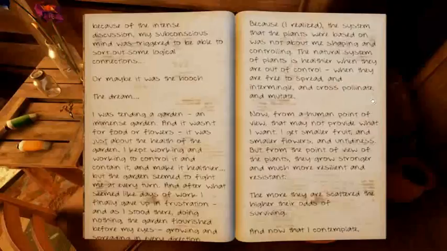Now, from a human point of view, that might not provide what I want. I get smaller fruit and smaller flowers and untidiness. But from the point of view of the plants, they grow stronger and much more resilient and resistant. The more they are scattered, the higher their odds of surviving. And now that I contemplate,